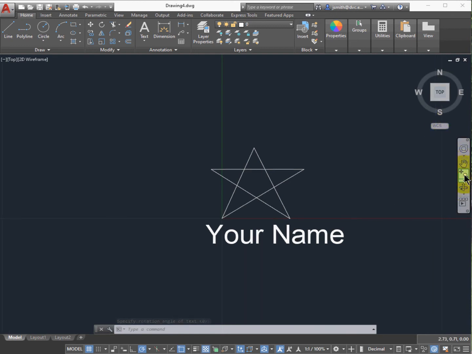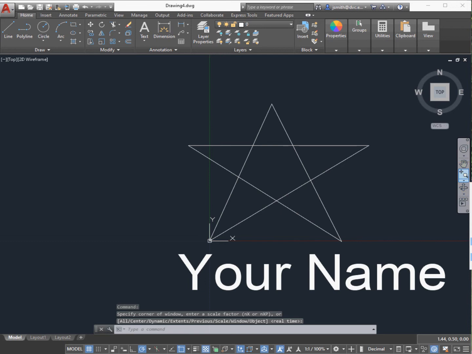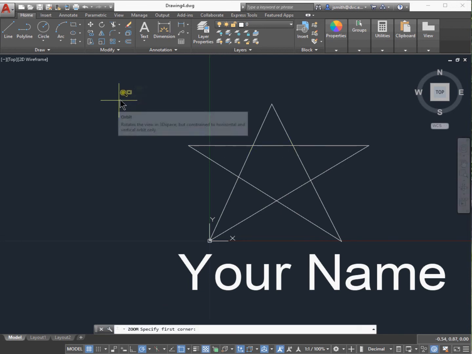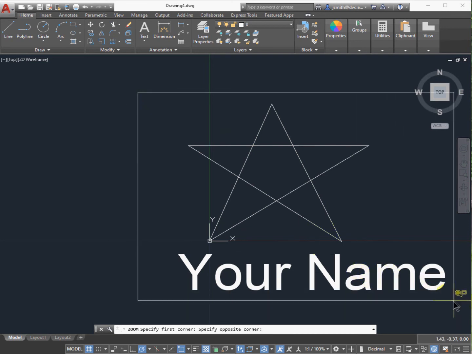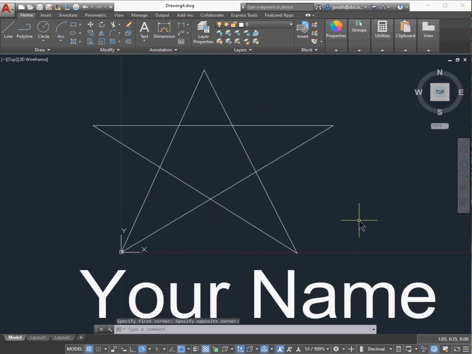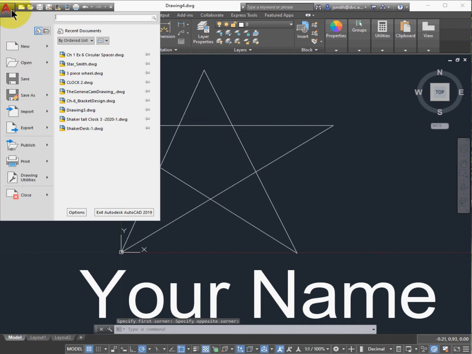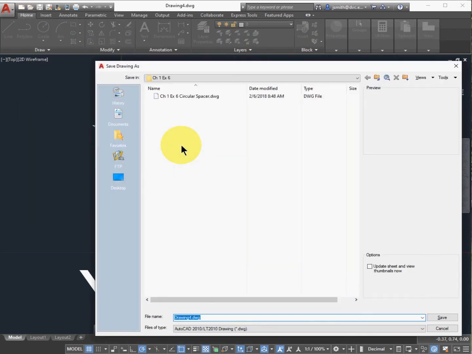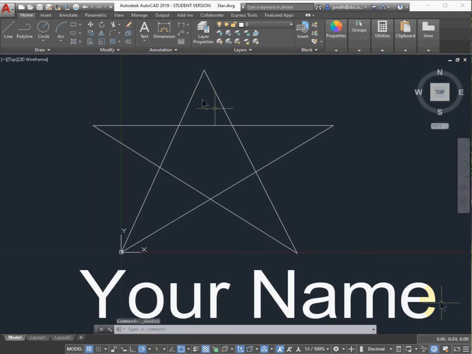And then what we're going to do is we're going to want to print this. So you want to zoom in to here. We're going to save it and print it. So first thing we do then is I'm making a window on the zoom, and that centers everything for me. And then I'm going to save this, and we want to save this as the latest AutoCAD DWG format that we can. And then we're going to title this star. All right, and then